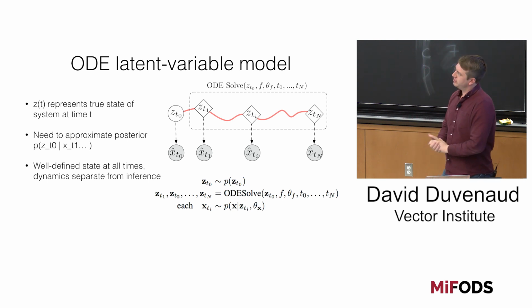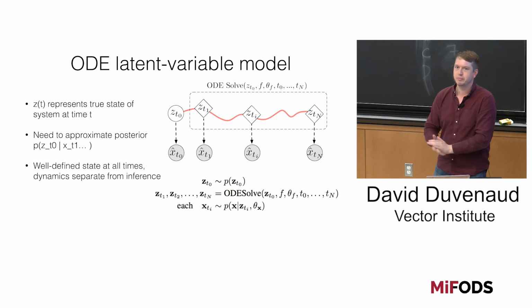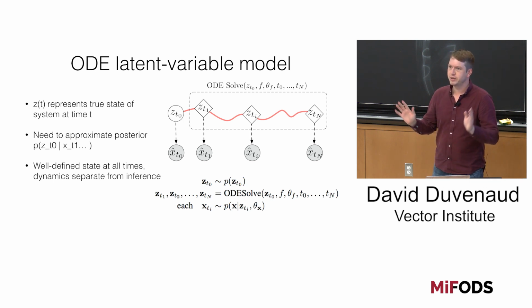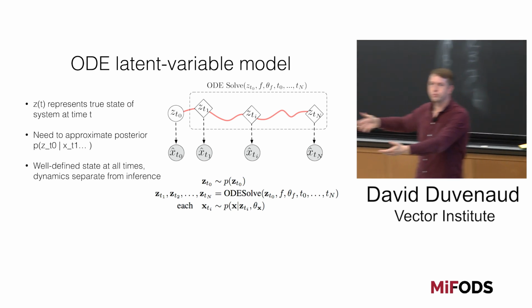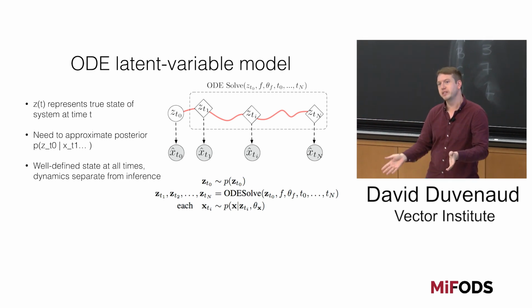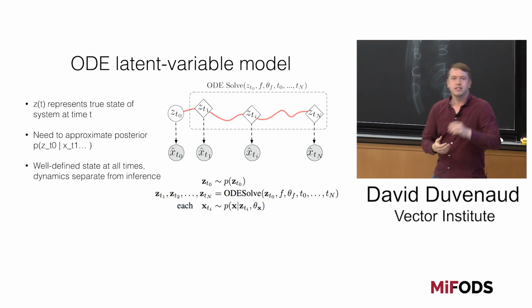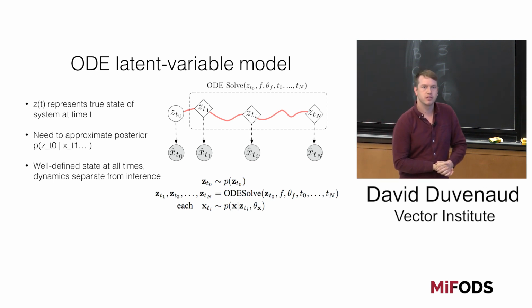So I realize that I'm rushing, but this is the point where I think we can stop and breathe and make sure that everyone's on the same page about what notation I'm using, what I even mean by latent variable model. Does anyone have any questions about how it actually works? How do we actually train this model? What's actually going on? I don't want to lose anyone at this point.